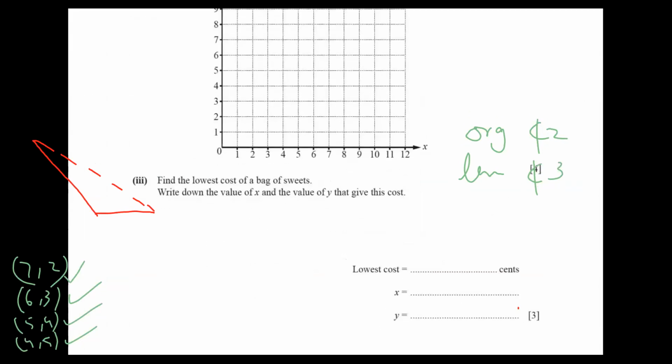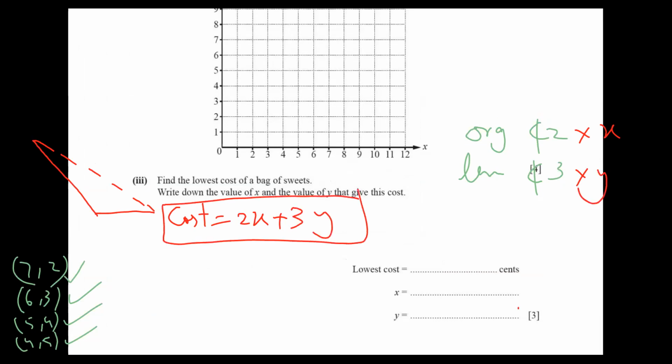So right here, the equation for cost. Cost of one orange is 2. So two oranges into 2, 3 oranges into 3, and x oranges 2x. I'm sure you're understanding. Okay, one lemon is 3 cents. 2 into 3, 3 into 3, 4 into 3, and y into 3y. So this is my equation, and you must write the equation for the cost. And now I'm plugging in these values, and which will give me the smallest answer, that is my answer. Let's try.